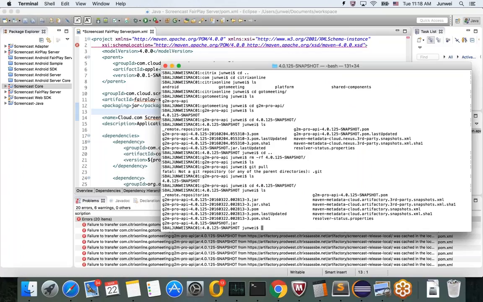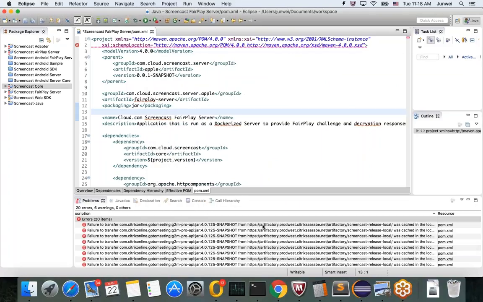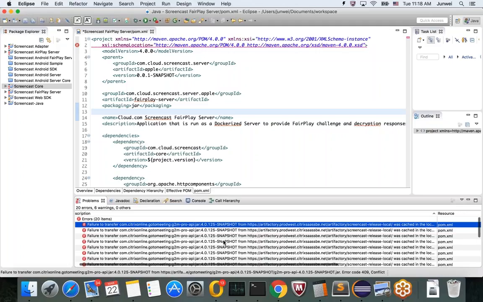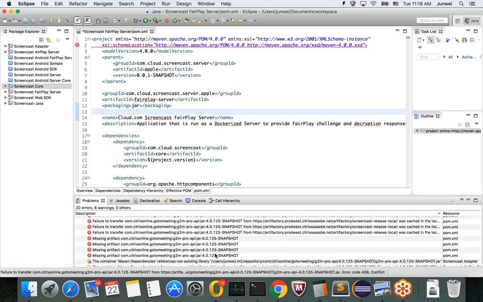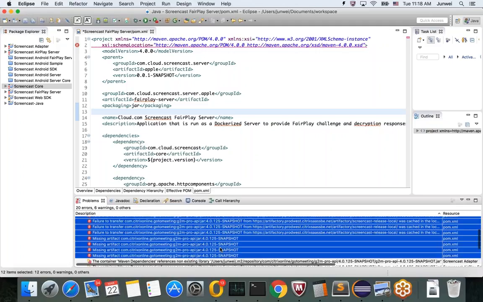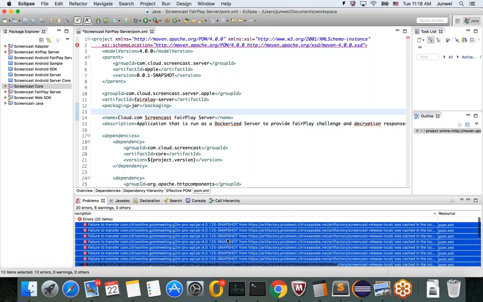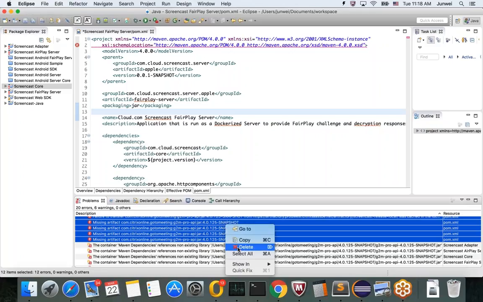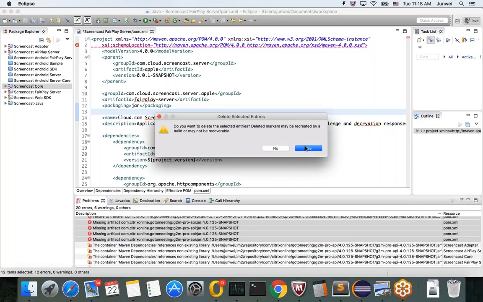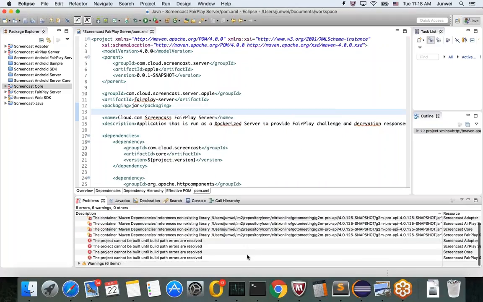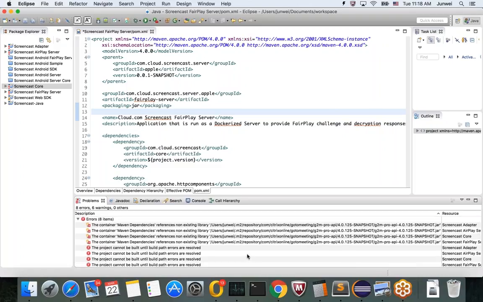Now, I don't know why it's still complaining back there, but we can certainly delete those errors because the dependency is there. At least the ones about the missing artifact, yeah. Delete those snapshot ones, okay. Okay, just delete. Actually,